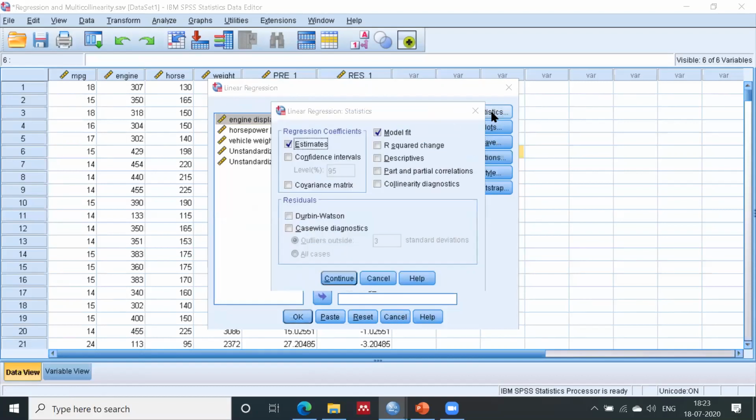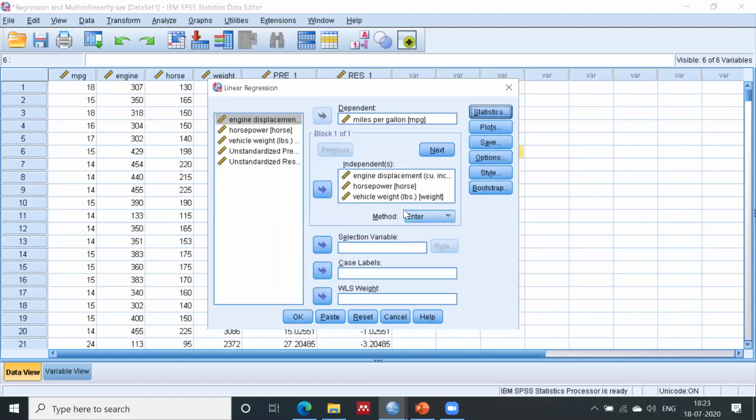Click on Statistics and there is an option of collinearity diagnostics. You can check this option to find out the collinearity result, right? And then just click on continue. Make sure you choose the Enter method.